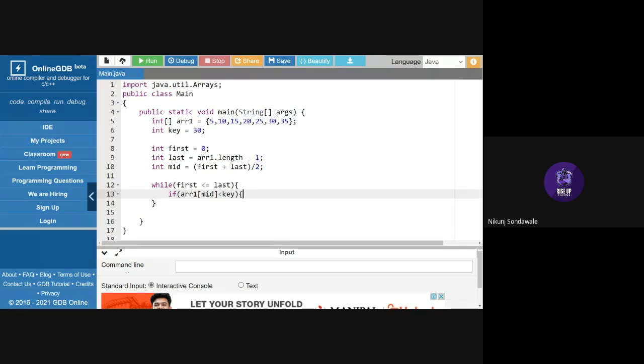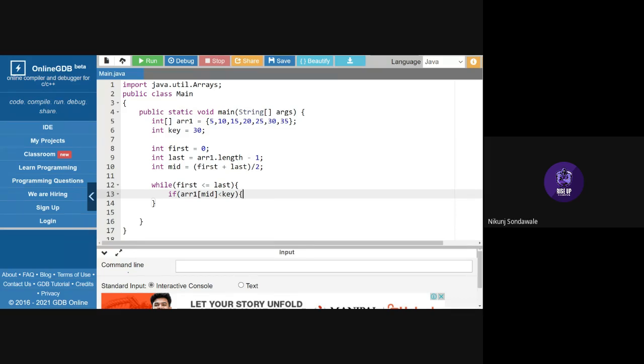If my mid is less than key, ultimately it means my key is greater than mid.